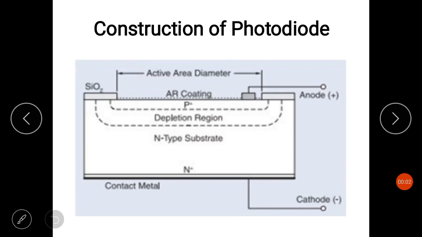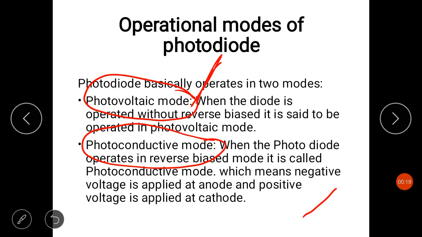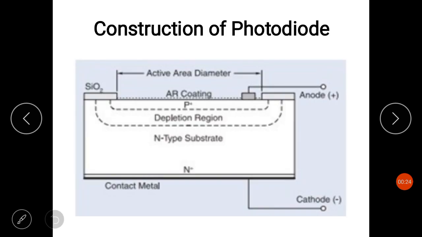Hello students, in the last lecture I started discussing the photodiode, and there I discussed that a photodiode works in two modes, that is photoconductive mode and photovoltaic mode. So there are two modes of conduction of a photodiode. In this lecture I'll be discussing only the photoconductive mode of the photodiode, because I've already discussed the photovoltaic cell